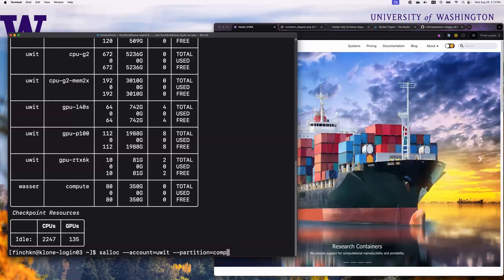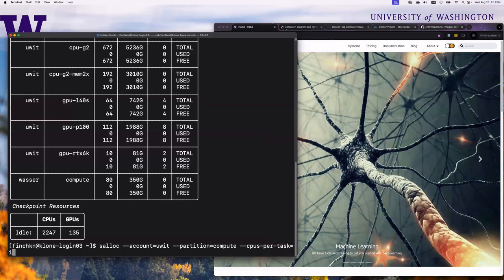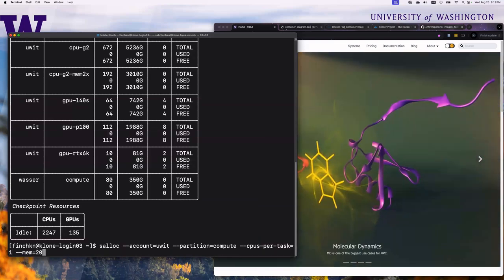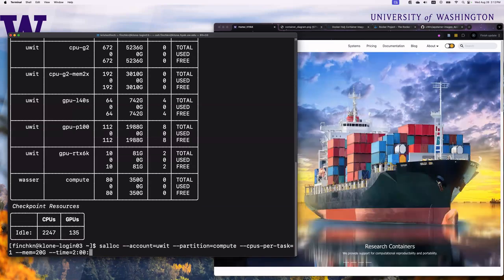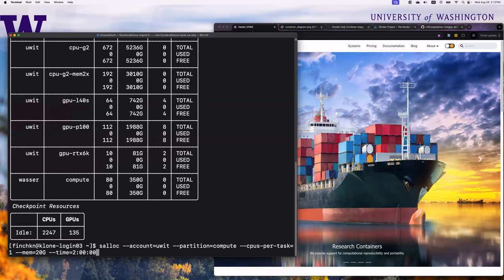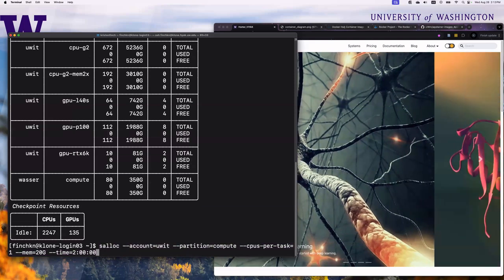But anyway, I'm just going to use compute, and then --cpus-per-task equals 1, and --mem equals, we only need really like 20 gigs. And then --time, let's go ahead and just do 2 hours so that we have this for our entire time. So if you have a partition that you can use like this, then that would be what your command is. If you're using a demo account,